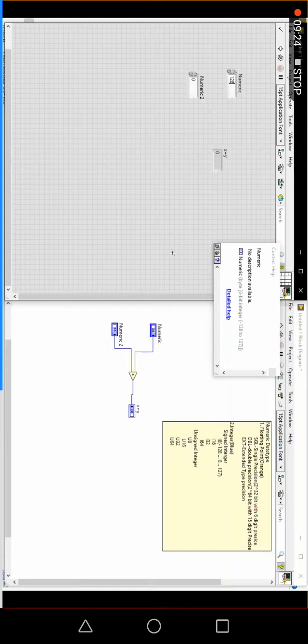If you enter it with the mouse on the front panel, it won't accept the value 128. The value will be clamped to the maximum of the signed integer value. For I8 it will be 127. That's why it is clamped to 127, not 0. It will not come to 0 and it will not show any broken run arrow either. So 127 will come.